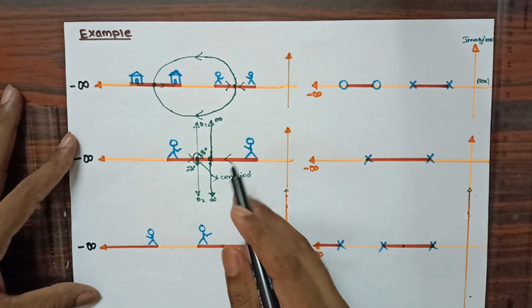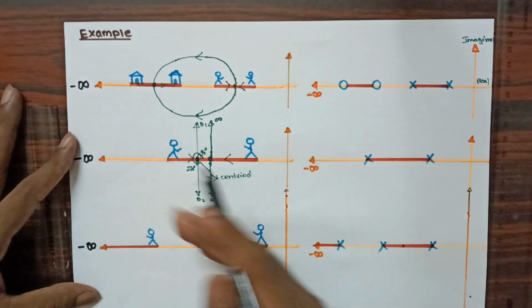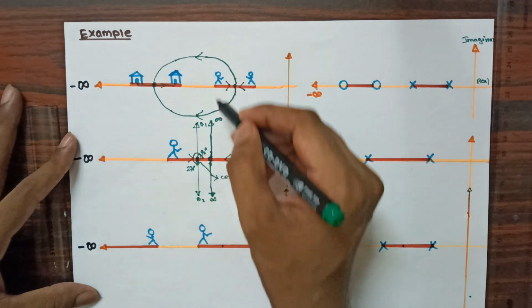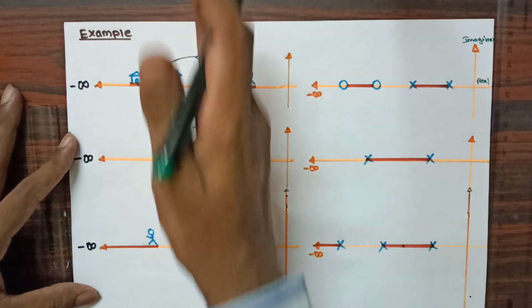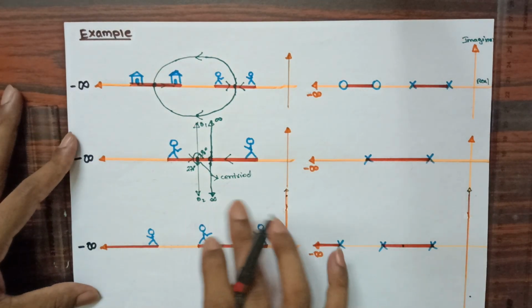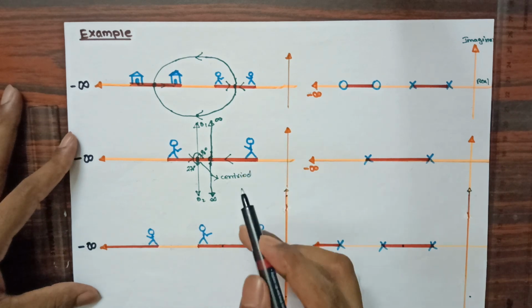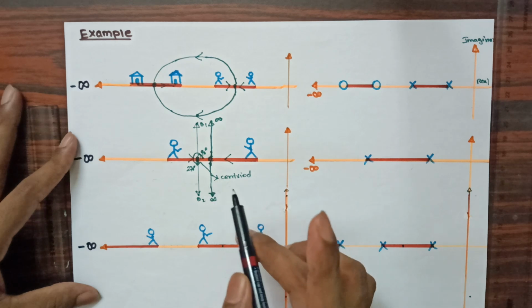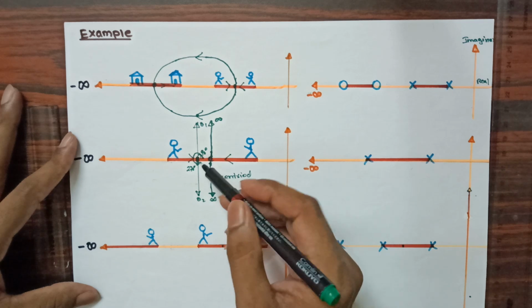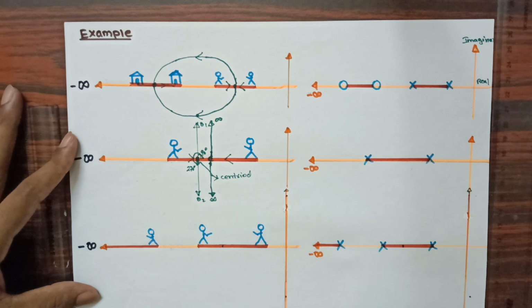Now in both cases, there is no question of deviating to the right hand side or the left hand side. Whatever input you provide to these two persons, they will be going only in the 90 degree and minus 90 degree directions. So this is the concept for two persons without any destination. Remember, if one person is there, we get one angle, that is 180 degree, which we have considered. If two persons are there, then remember we will be providing 90 degree for one person and 270 degree for the other person.